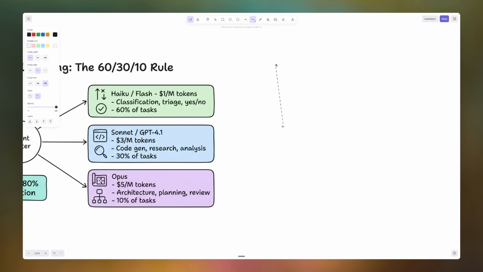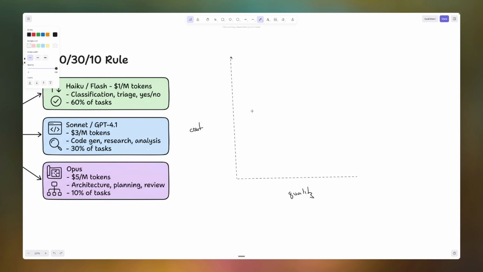I'm going to draw another one of my famous graphs. People are comfortable making a trade-off in terms of cost and quality. In a lot of disciplines, like biology, physics, and chemistry, there's this idea of an inverted U curve, and you can call it whatever you want. I think the actual name is the Yerkes-Dodson curve.